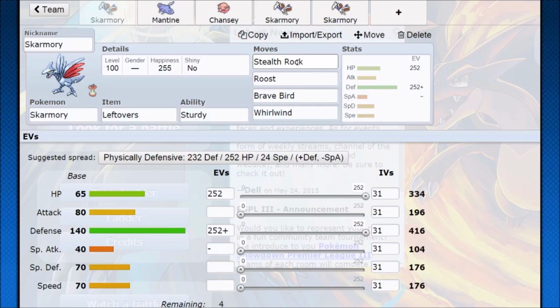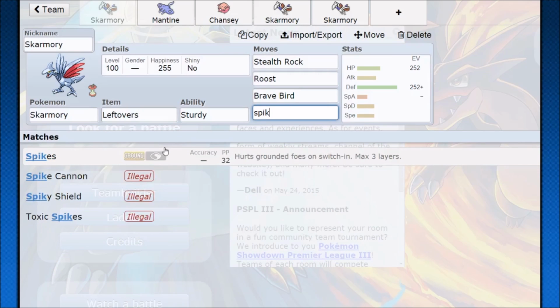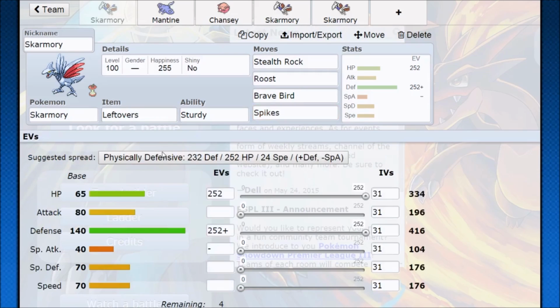So it's pretty much Stealth Rocks, Roost, Brave Bird, Whirlwind. Now instead of Whirlwind, I've also seen Spikes. Whirlwind is going to be good because if they're like, oh, I can beat this Skarmory by using Calm Mind, Dragon Dance, any kind of setup, you just Whirlwind them away. Sucks to be them. You can have Spikes, and then Brave Bird is going to be a good amount of